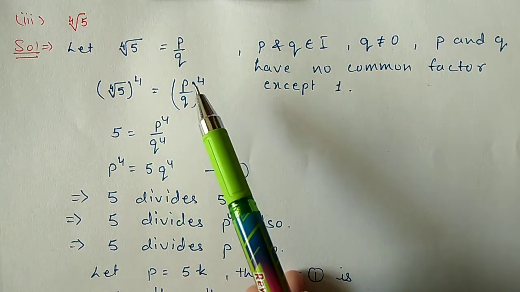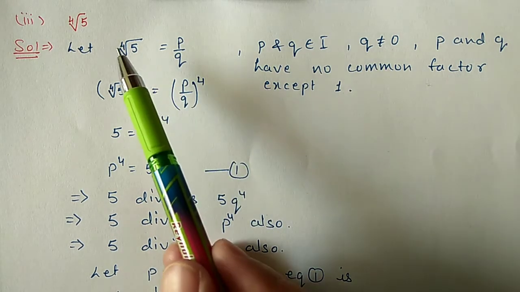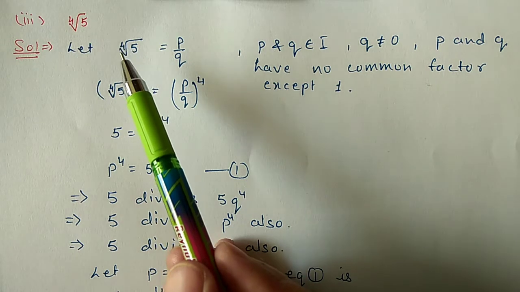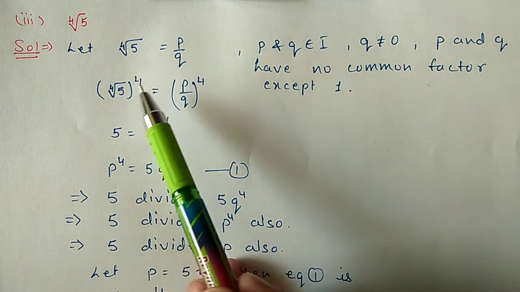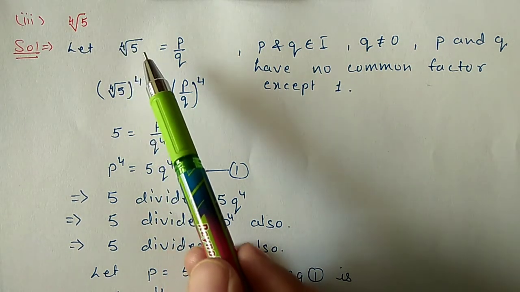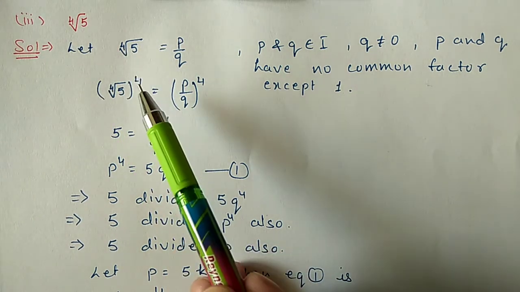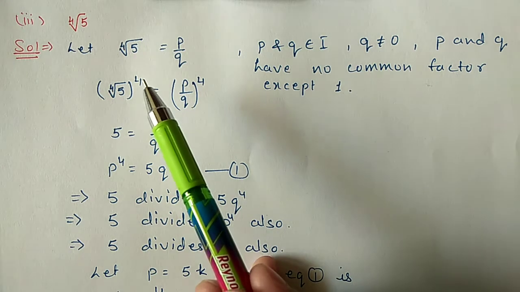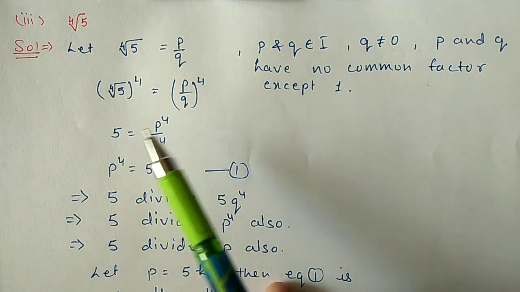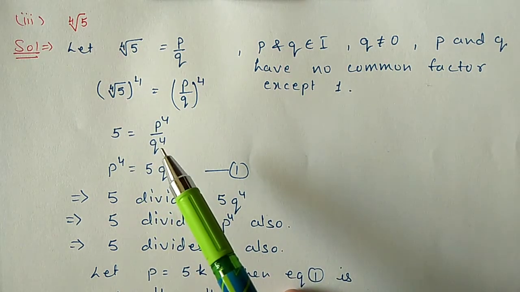On both sides we will do power 4, because here it is a fourth root. So always remember this: if it is 2, we have to do square; if it is 3, we have to do cube; if it is 4, we have to do power 4. So after doing this we will get 5 is equal to p to the power 4 divided by q to